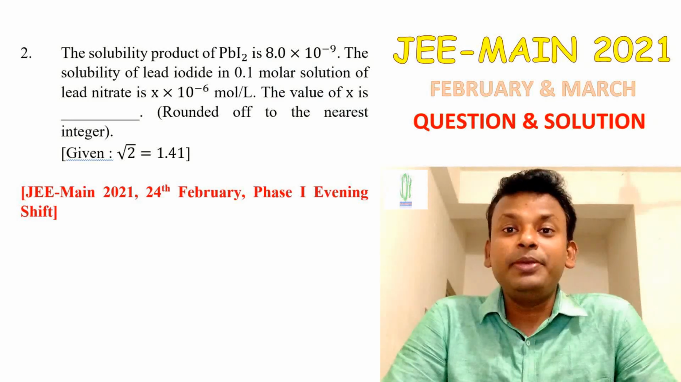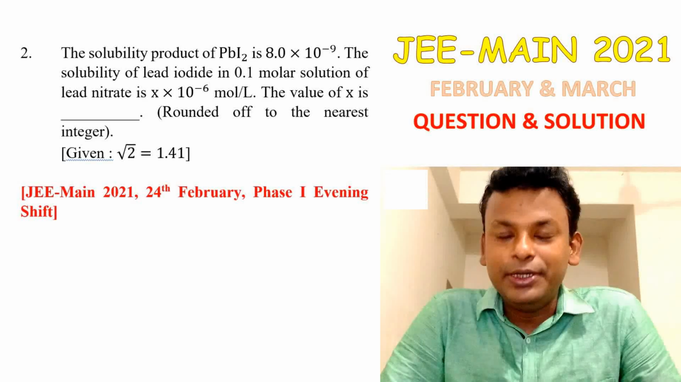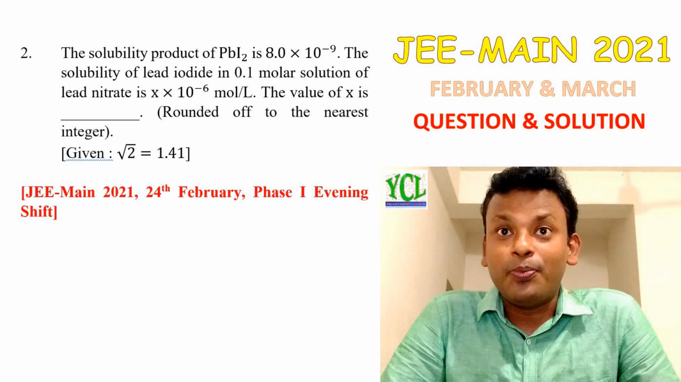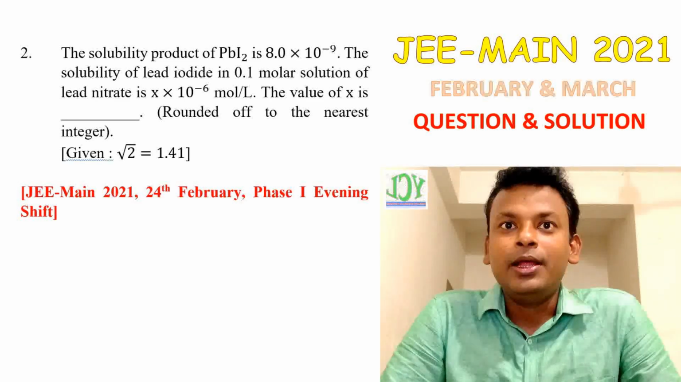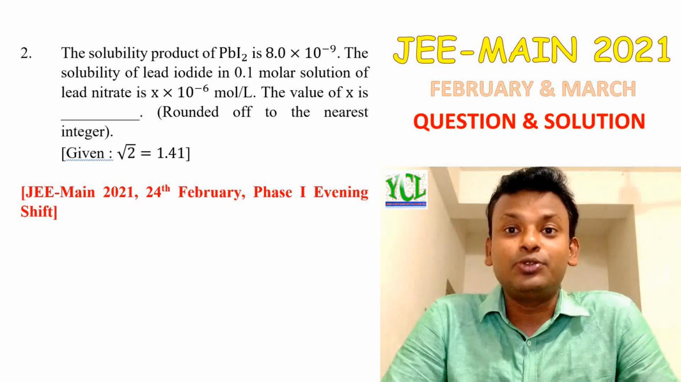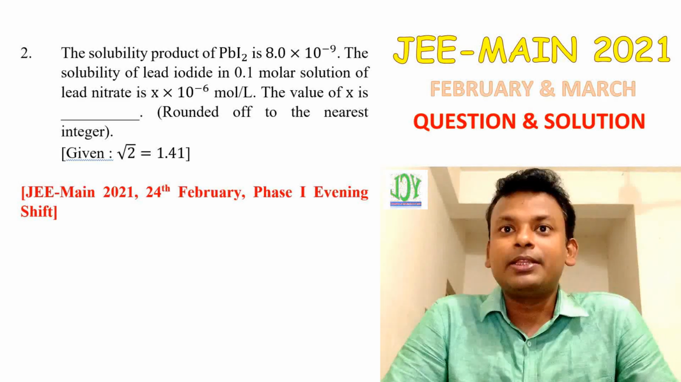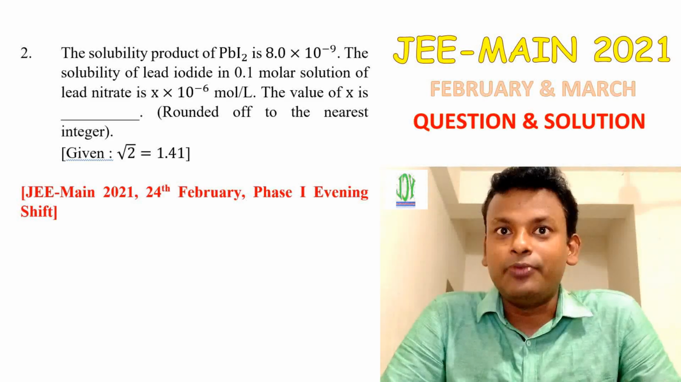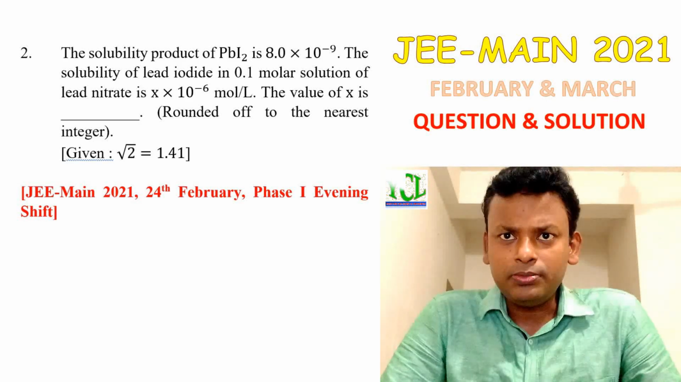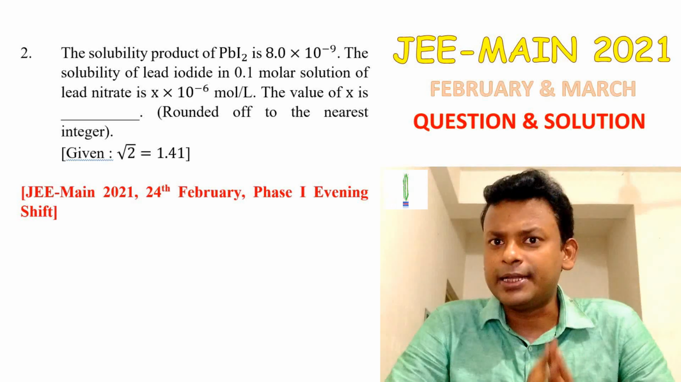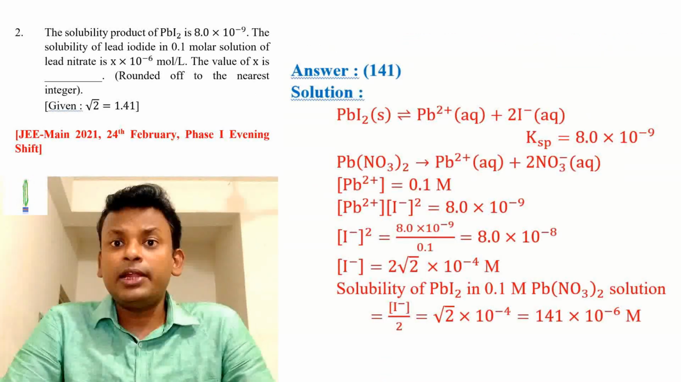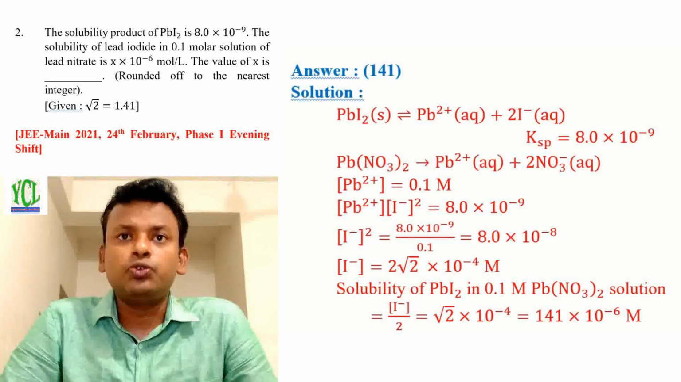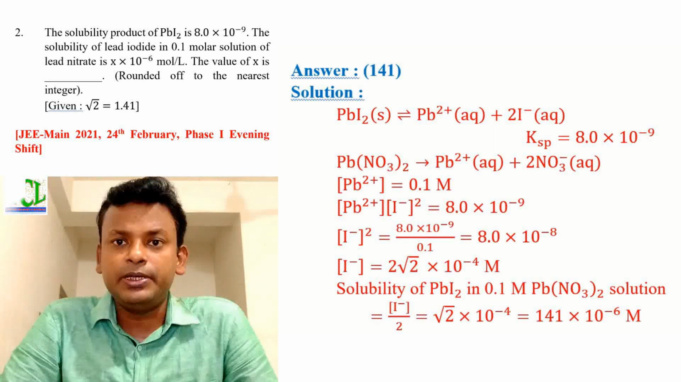The solubility of PbI2 is 8.08 into 10 to the power minus 9. The solubility of lead iodide in 0.1 molar solution of lead nitrate is x into 10 to the power minus 6 mole per liter. The value of x is... This question was set in 2021, 24th February, shift 1, evening shift, and the answer is 141. Lead iodide PbI2 first dissociates into Pb2 positive plus 2 I negative, and then Ksp is given